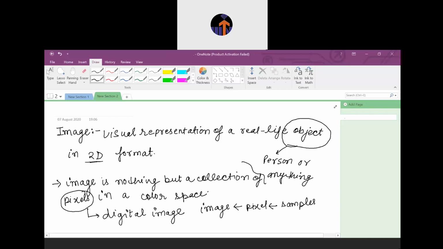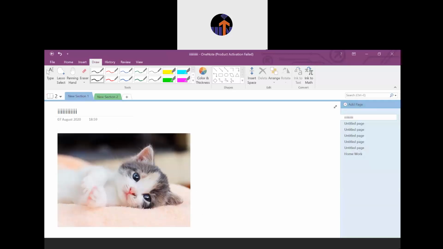अब आप बोलोगे सैम्पल्स क्या है, सो फिर मैं आपको बताती हूँ. You can see in this image there are lot of pixels, but these pixels cannot be visualized by you directly. So in order to see that, you have to zoom it. Like in paint, if I zoom it, you can see there are a lot of small squares, that is called the pixels, and it is made up of a large amount of samples, the same samples or can be different samples.